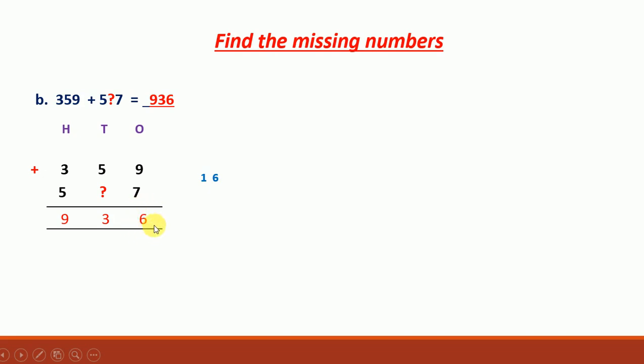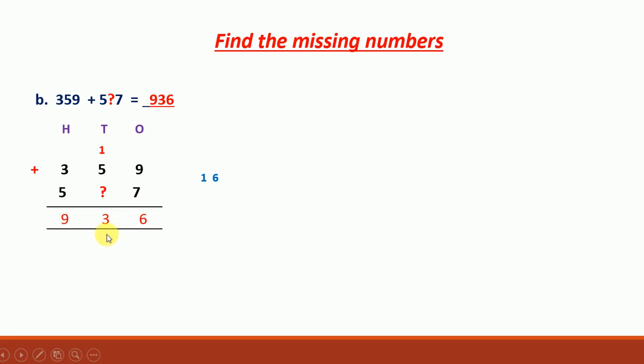Okay, now in the 16 we are having 1 ten in it, right? This 1 ten we need to carry over to the tens place. Okay, so we will carry over to the tens place. Now we will add the tens place. So in the tens place we are having the numbers 1, 5 along with one more number. When you add another number, your answer should be 3.